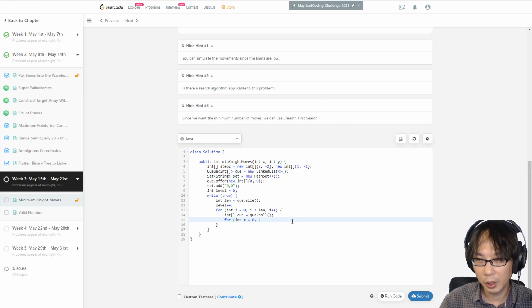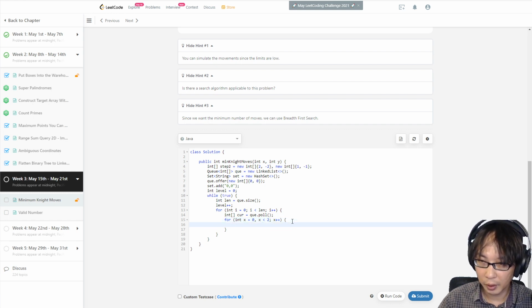Yeah, it's only 2 step. x less than or equal to 2, x plus plus, and then for int y equals to 0, y is less than 2, y plus plus, and then we check